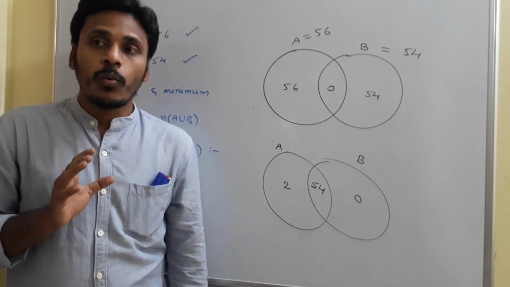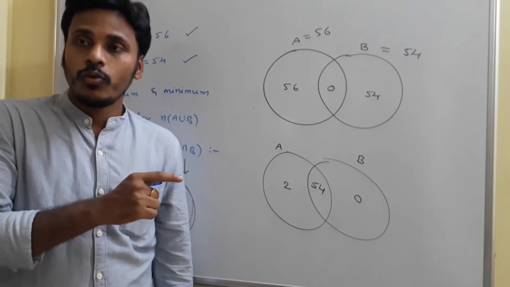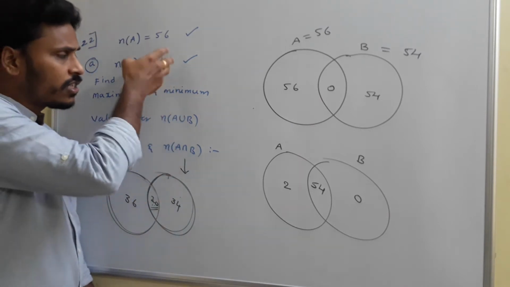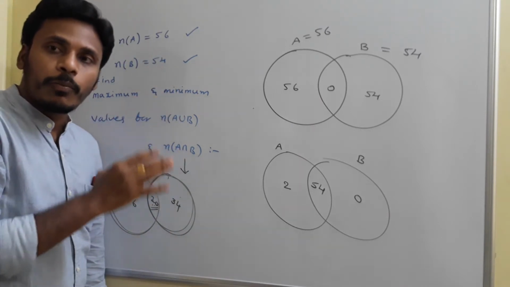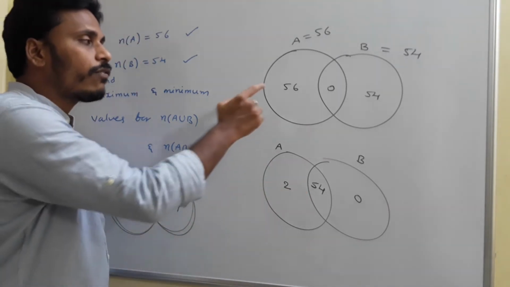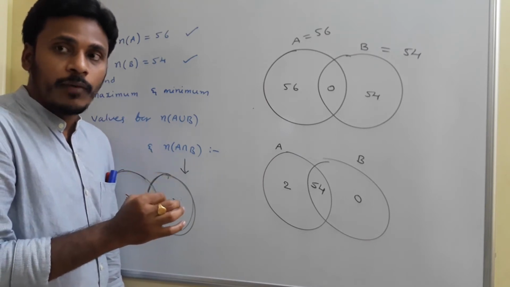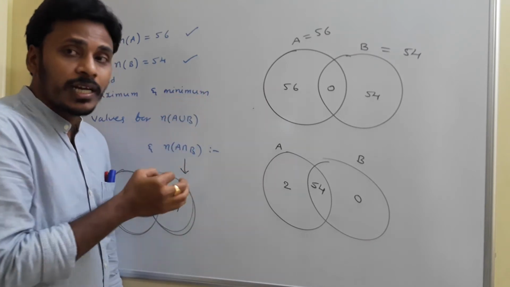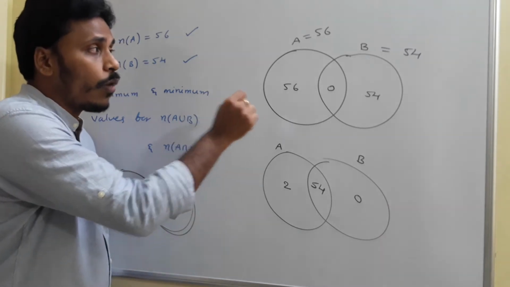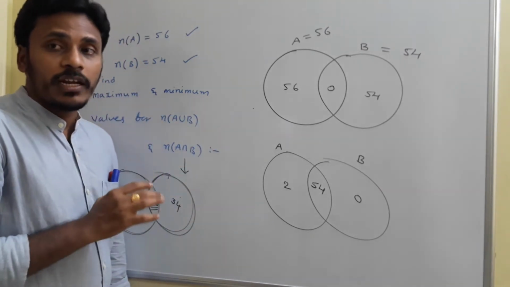So at the end, what I am concluding is, to fix the minimum value as well as the maximum value for A intersection B in such situations, the minimum possible value is 0 whereas the maximum possible value is 54, and we call these two diagrams the extreme Venn diagrams. Once again, these two are called extreme Venn diagrams, depending on the minimum possible value of A intersection B as well as the maximum possible value of A intersection B.